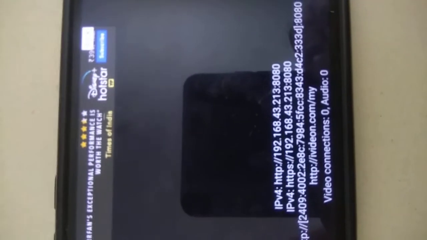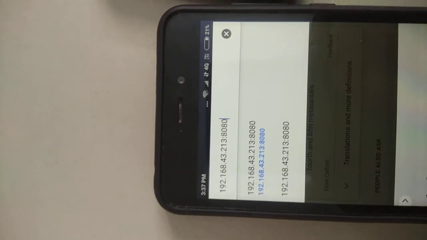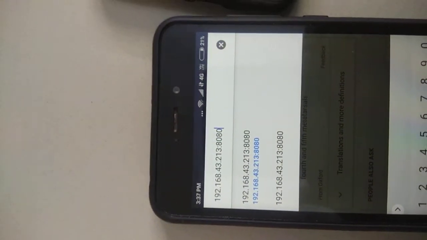You have to make sure it is 192.168.43.213:8080, and just click enter.